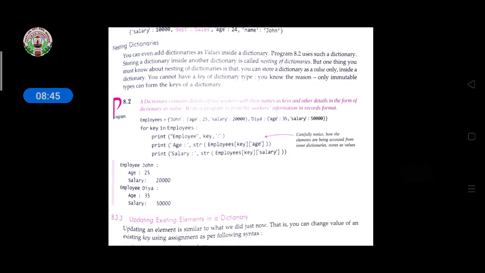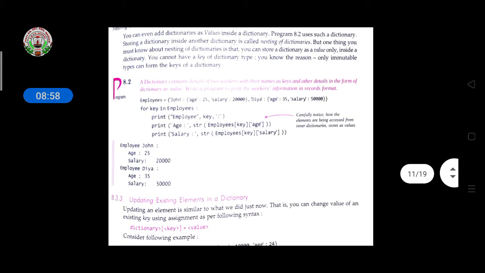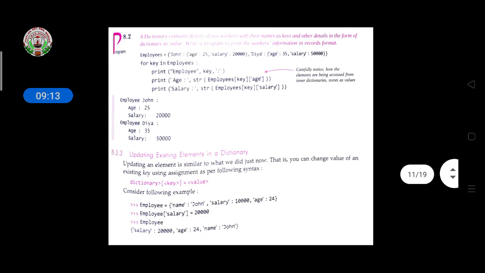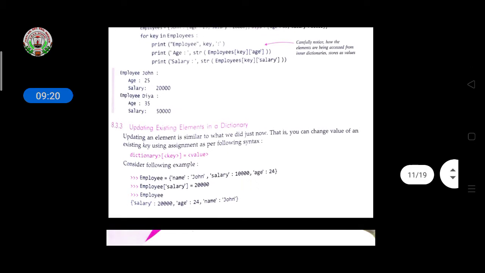Next we print the age, calling the employee key again. Last we want the salary, with the employee's key and value. Here it is mentioned the employee name John, then his age and salary, like this. The employee names were given earlier in the initialization part. So both outputs are printed here.